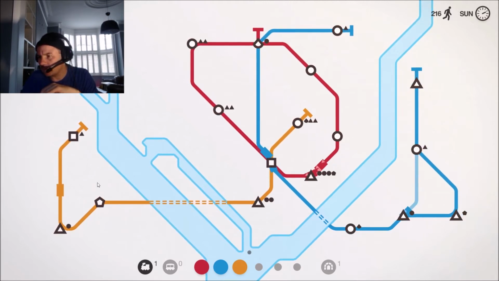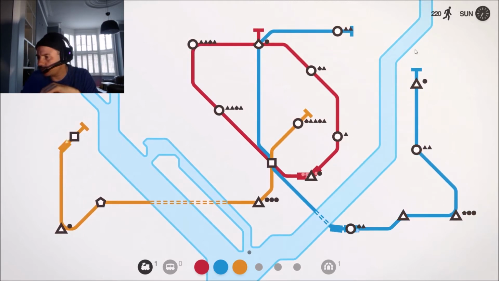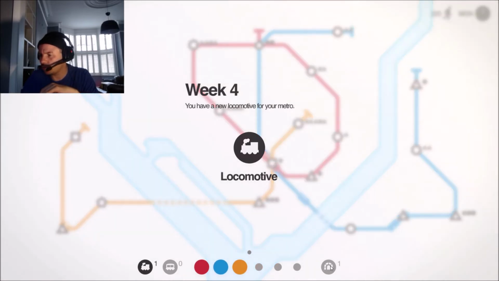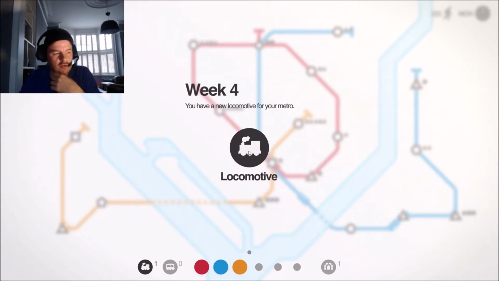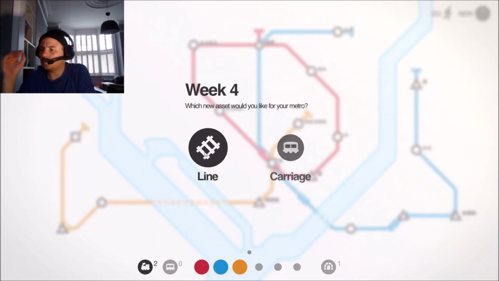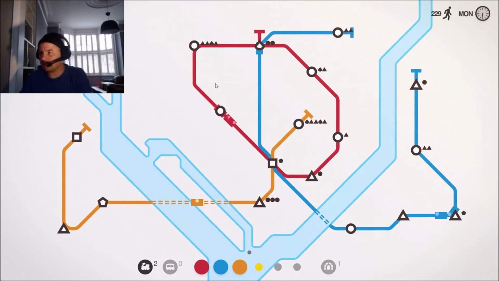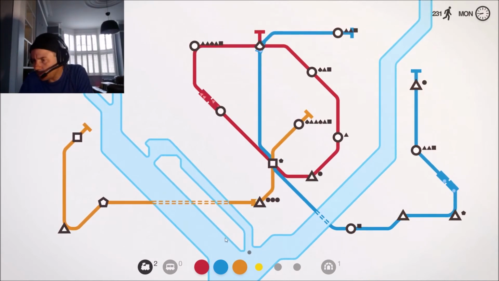Notably here, lots of islands and a big couple of river systems. And we have just one tunnel remaining. So I'm hoping to get a tunnel offered to us very shortly. Let's go for obviously a locomotive and ooh. I'm going to take a line, because I don't think we need the carriage. I'm just going to go down to regular speed here, because what I'm thinking is we should start here,